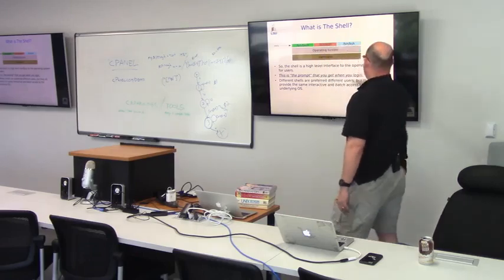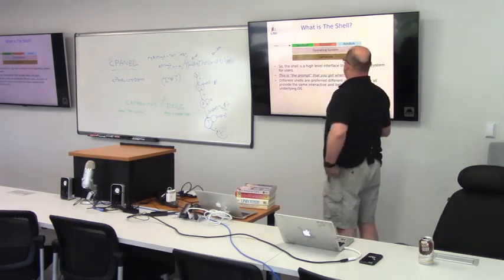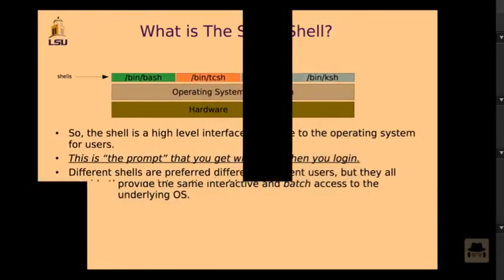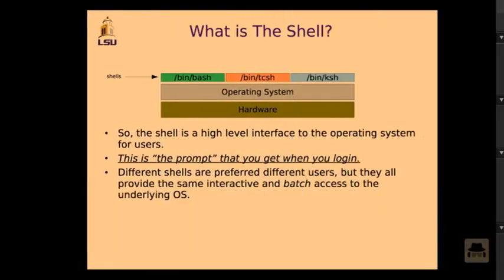And this is kind of like a breakdown of what the shell is. As I've said before, you've got the hardware, and then you've got the operating system, and then on top of that, you've got the shell utility. Here I've got listed bash. C shell is tcsh. It's kind of like another incarnation of C shell, and then KSH is the IBM shell. I use KSH at LSU because we help maintain some P5 and P6 clusters. So the native interface was the Korn shell.